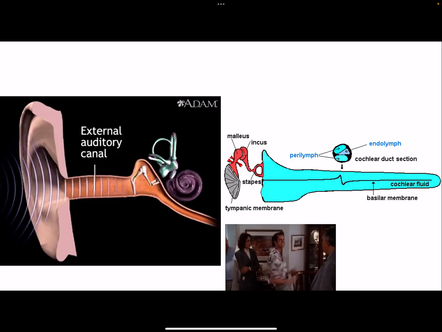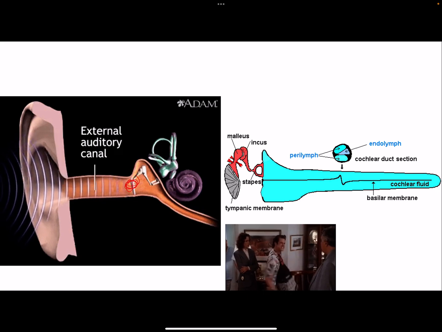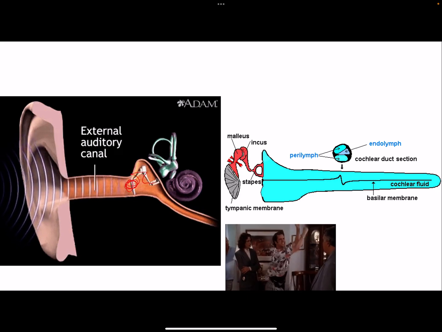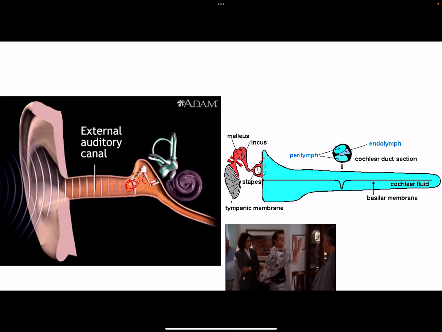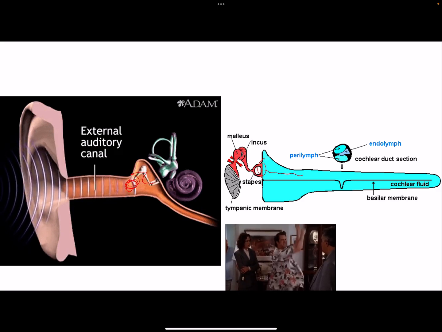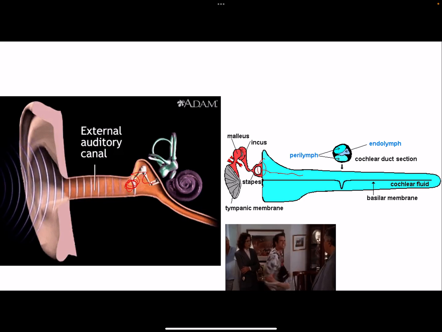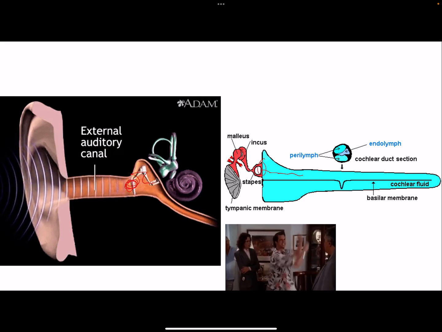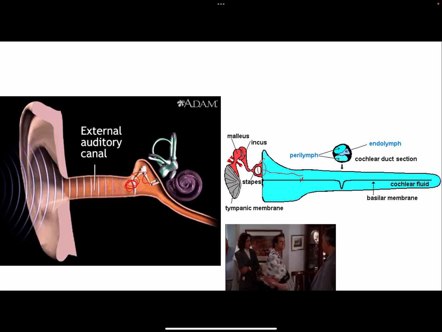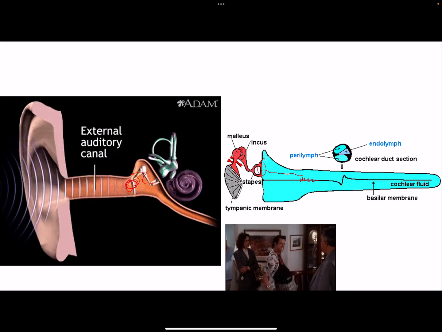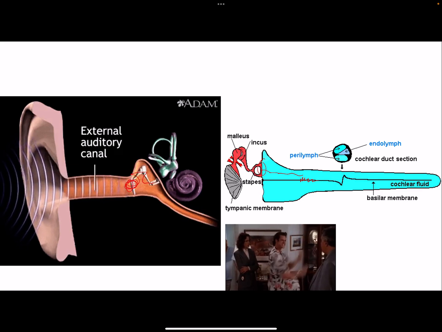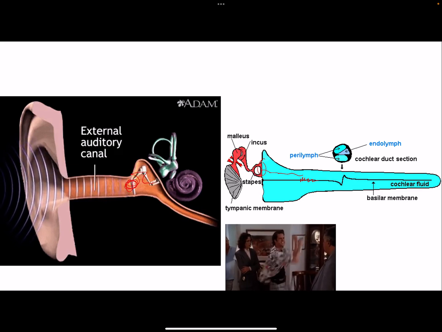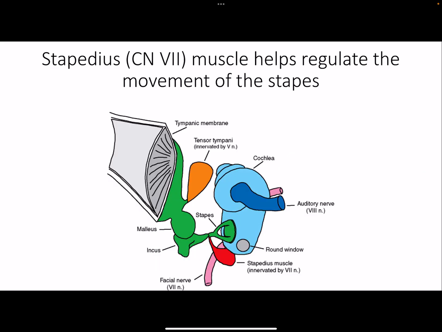Hearing first. So sound waves come in. They're going to pump, pump, pump, pump, move all of this. This is going to push on this window here, and then it's going to cause fluid to oscillate through. So we have perilymph and endolymph, and I think they're both moving. I'm a little fuzzy on that, but it's going to move through, and it's going to stimulate this organ of Corti, which sits on the basilar membrane. This has hair cells, which are just going to respond to the changes in current of the fluid